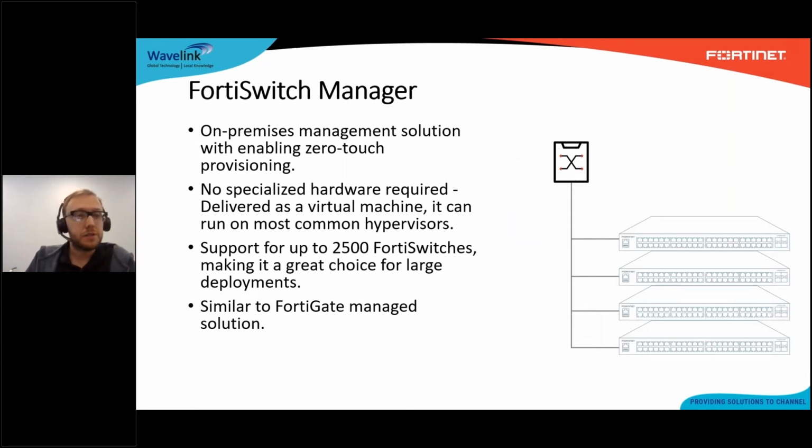There's another solution which is called FortiSwitch Manager. This is a relatively new solution. It allows you to cut through complexities of having non-FortiGate managed FortiSwitch deployments. Essentially, it's a VM image that you can have on-premise for the management of FortiSwitch products. Now, it's highly scalable. You can have a large amount of FortiSwitch units. Currently, it supports up to 2,500 FortiSwitches per FortiSwitch Manager, and